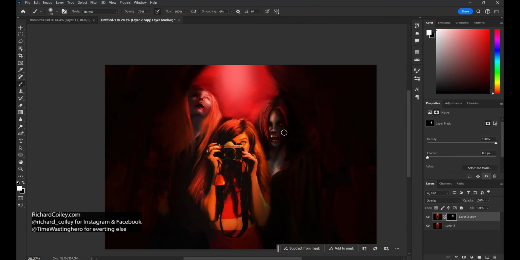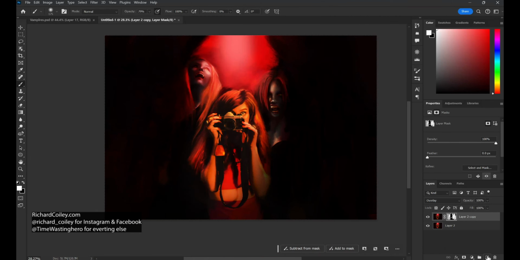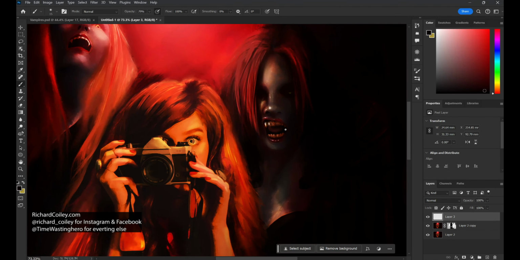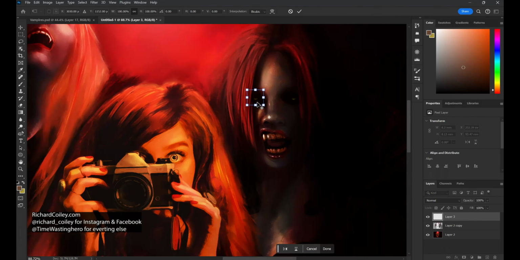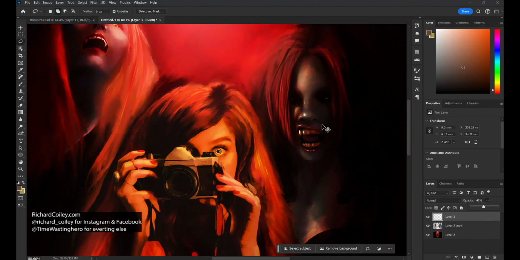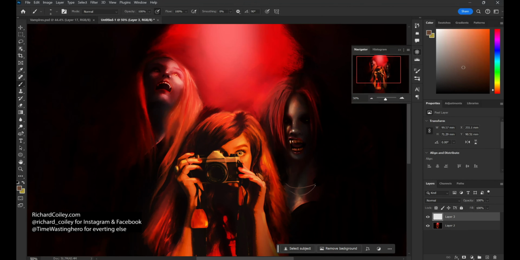So yeah, great fun messing around with this. And you can tell that it gets darker and darker, and I'm thinking about the shadow on the face and how that sits. And as you can see, whenever you look at my layer side, whenever I'm not sure about the direction I'm going to go in, I'll just duplicate the image,